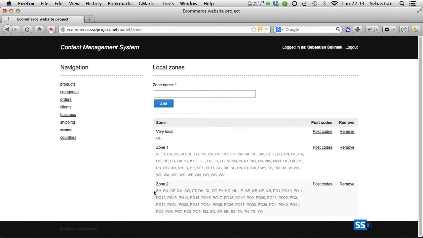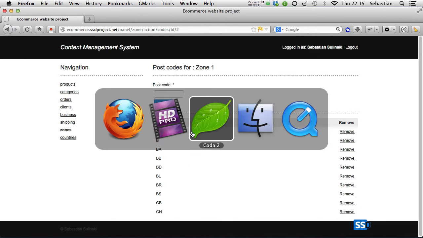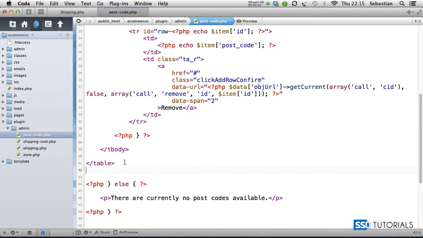If we now preview our postcodes page, if we go for the zone 1, because it's got quite a few postcodes here, if we click on postcodes, you can see we've got a form here, we've got a list of postcodes, but we've forgotten to display the pagination, obviously, because there are more than just 10 records. So if we go back to the editor, one thing we need to do, still inside of the postcode plugin,